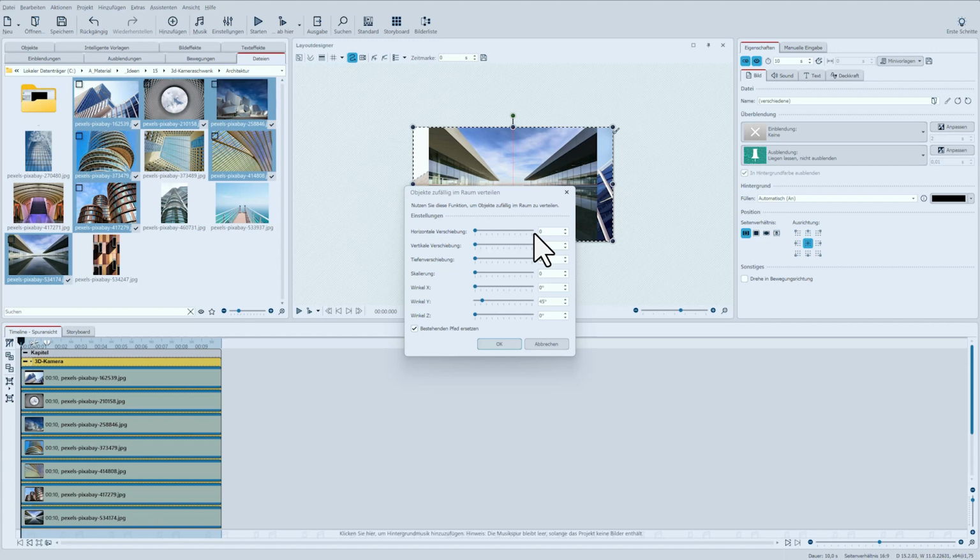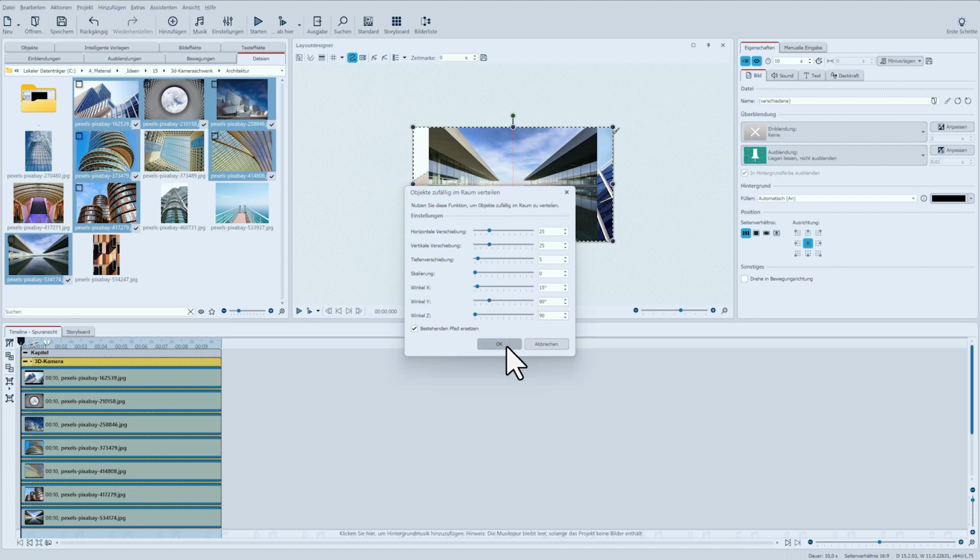Now in this window I can mention over which area my objects should be dispersed. For my example, the images should be randomly shifted horizontally, that means receive a random X value. They should also get a random Y position, and there should be a depth shift. The pictures should be tilted or turned slightly, so they can be easily rotated or tilted. With Replace with Existing Path,